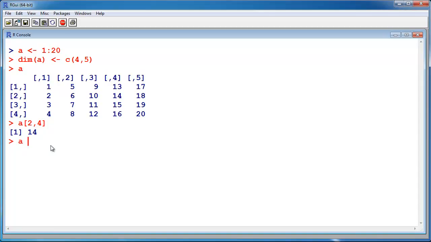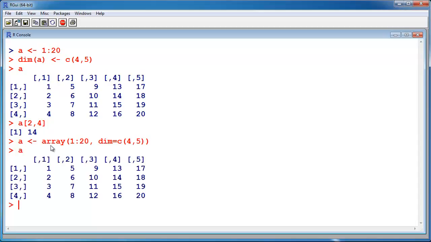Okay, there's another way to create an array, with the array function. We'll use 1 to 20, dimension 4 by 5. It's the same. Or for example, if you want an array just with zeros, you just put the zero there,